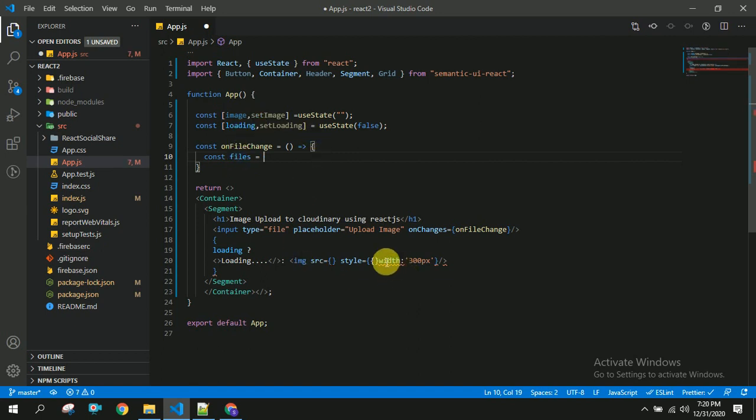So here whenever user clicks on this file input, we will be getting some event, and I am going to get this event here. So this is async method, and to this files I am going to use event.target.files,